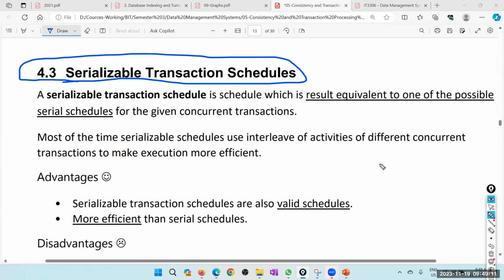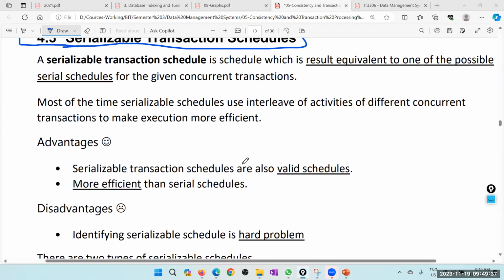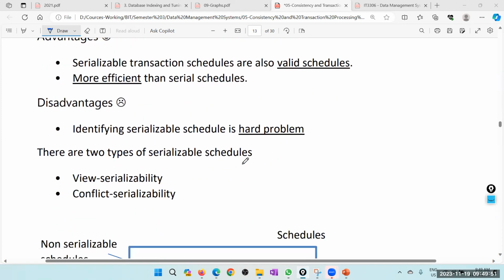So since every serial transaction is valid, every serializable transaction is also valid. But we can make these serializable transactions more efficient than serial transactions. So that is the idea. So therefore, serial transactions are good. Serializable transactions may be better, because they are more efficient. Because we are going to mix certain transactions together, but the result is equivalent to one of the serial transactions. So we don't just randomly mix things together. Okay. Right. And